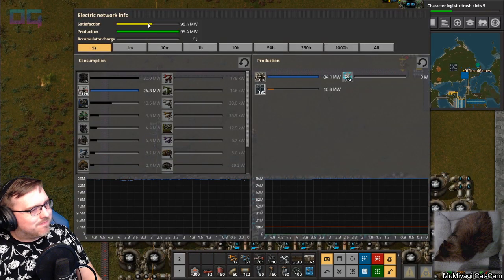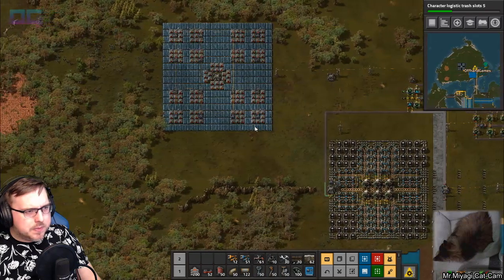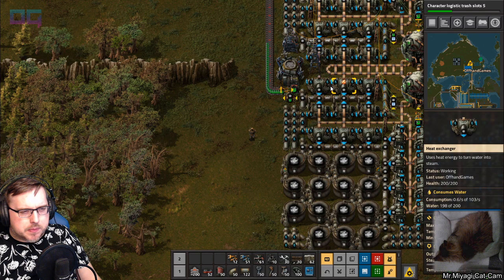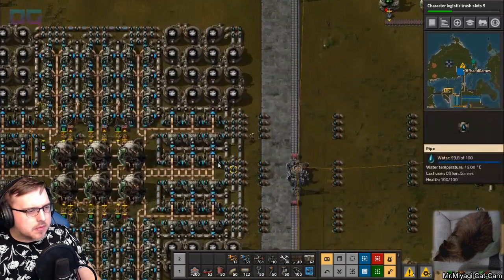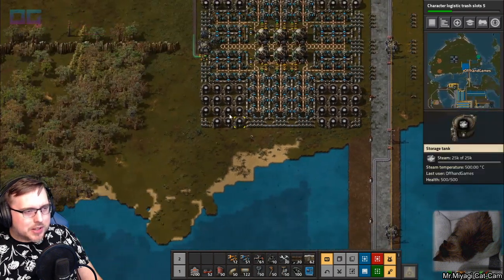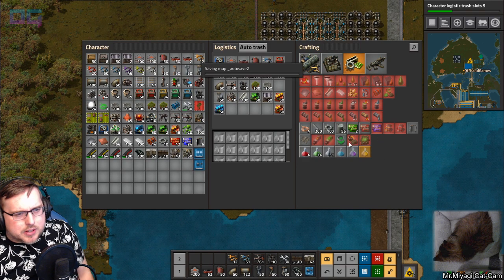How's our power? Surprisingly not satisfying everything we need. So these are full. I'm assuming we shouldn't need too many more of these. Outputting 120 megawatts. Oh. Just realized we have all this steam, but we're not actually converting it into electricity. That's the problem. So then we need to actually...